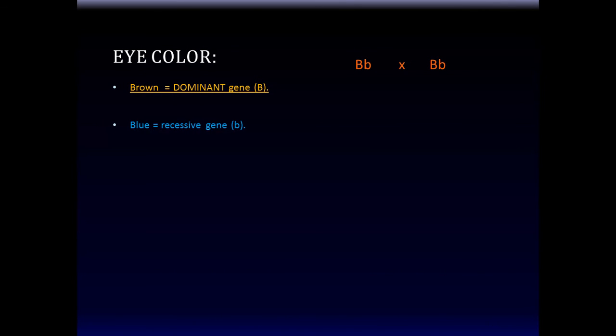The next thing we're going to do is talk about Mendelian genetics as it applies to some common human genes